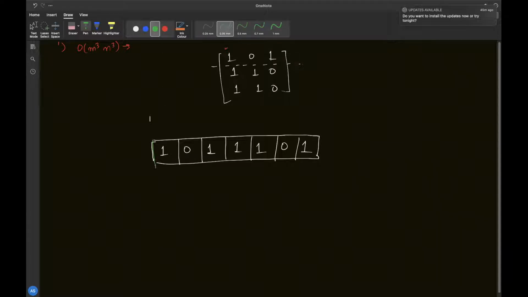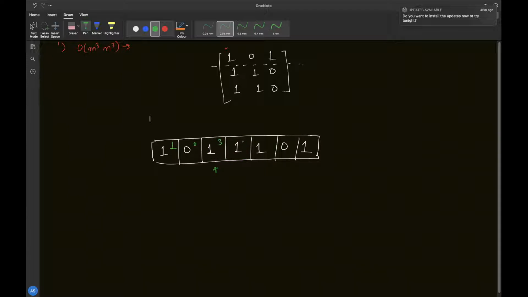If I take this particular element as a top left corner, then the only rectangle I can form is this one. If I take this element as top left, then the number of rectangles I can form is 0 because the element is 0. If I take this third element, then one rectangle I can form is this, one is this, and one is this. So total 1, 2, 3 rectangles I can form.